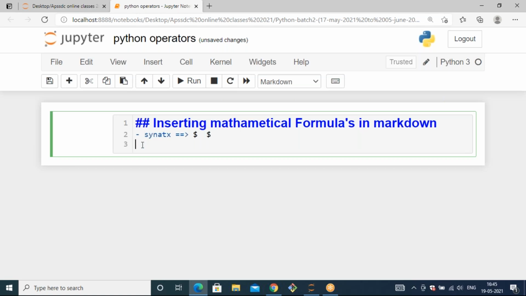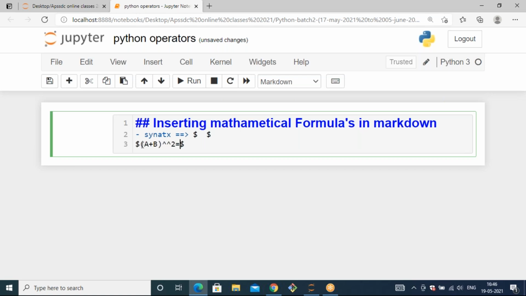So whenever I want to import a mathematical formula, I can use dollars, and in between that I mention my formula: a plus b whole square. When you want to define a to the power, you need to use the cap symbol here.